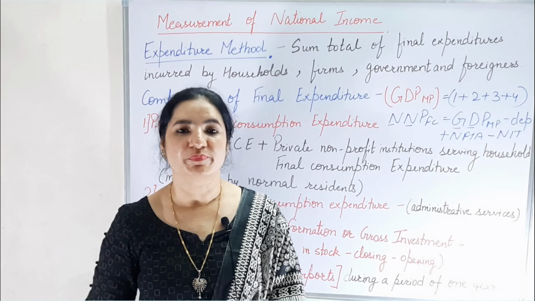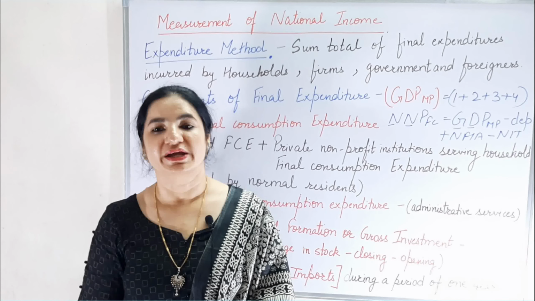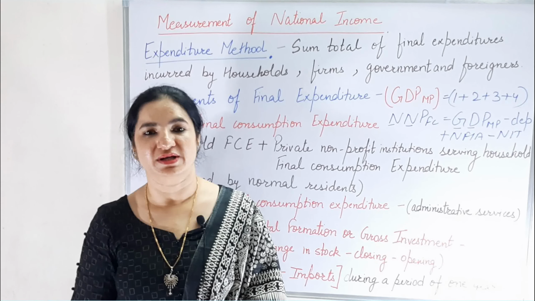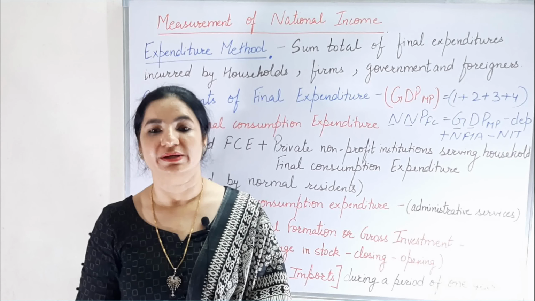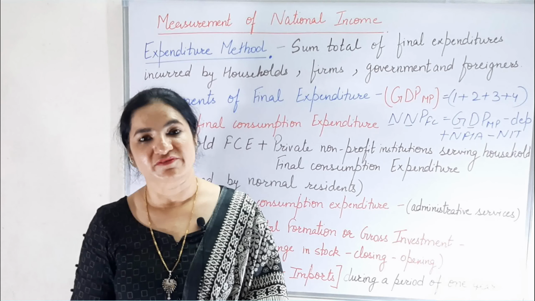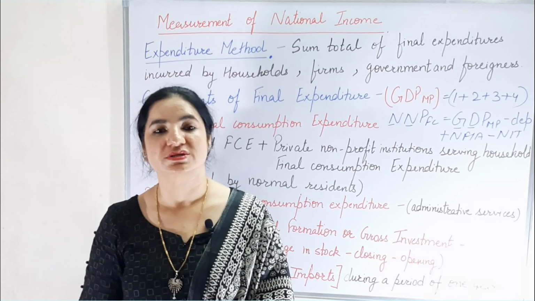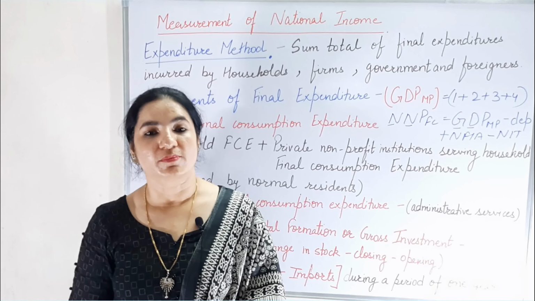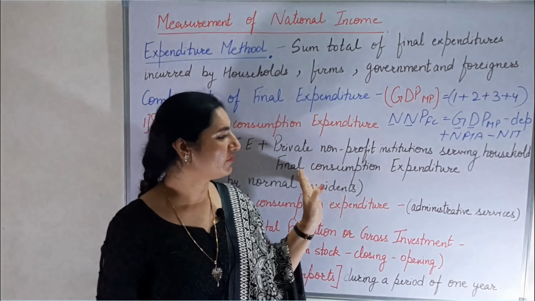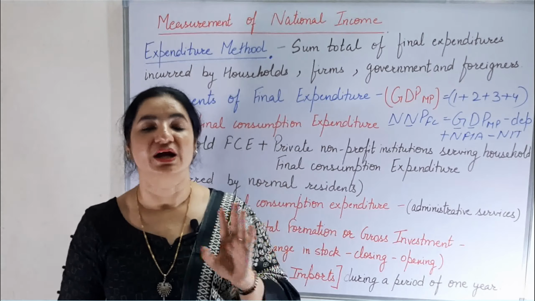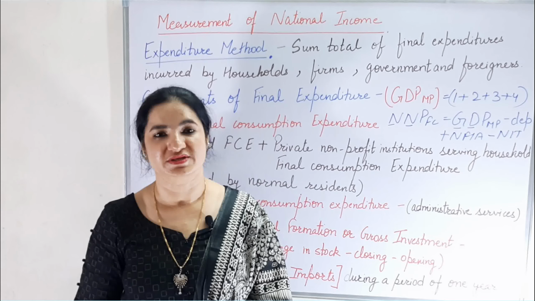Last and most important precaution to be taken is expenditure on own account production. It means the expenditure made for self-consumption. It is important to note that this point will be included. It means the production for self-consumption. It also means the imputed value of owner's occupied house or the free services from government or such private non-profit institutions serving household final consumption expenditure. So these are to be included because these also account for productive services.